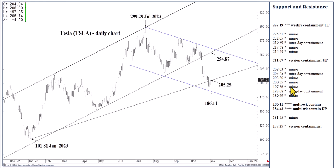202.80, 255, 197.36, 193.88 is the next sort of, especially for aggressive day traders, stick your neck out buy level for the day, especially if you're short from 205.25. That's a great profit taking point at 193.08. Now, I'll just say that if we close today below 193.08, 186.11 is actually in reach tomorrow with that kind of volatility,